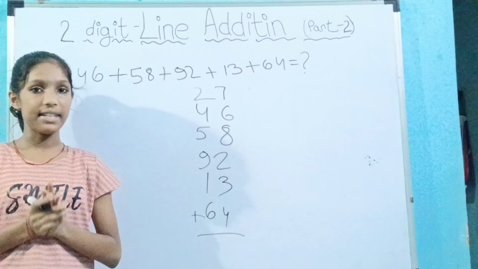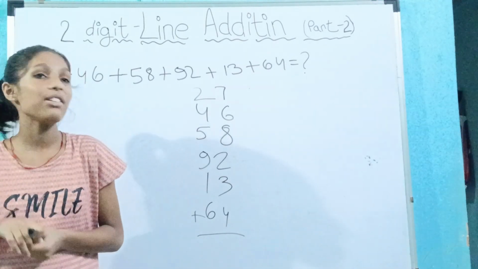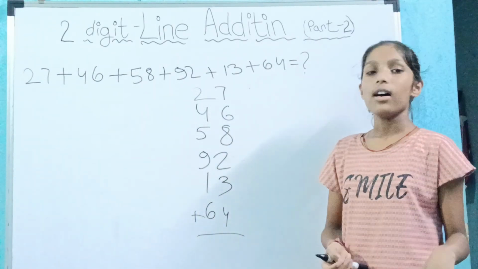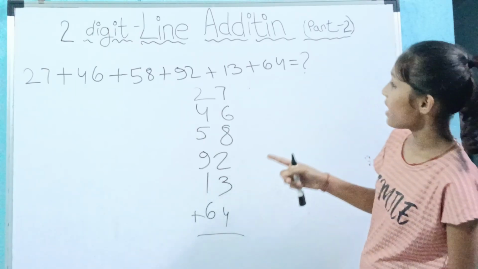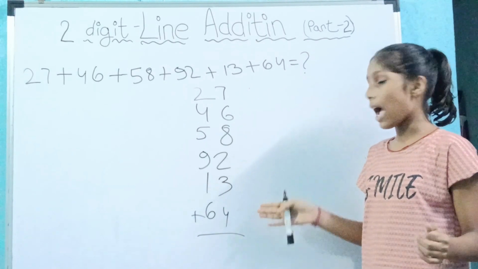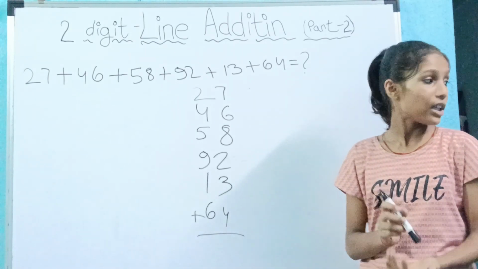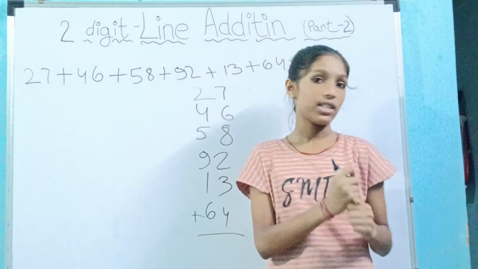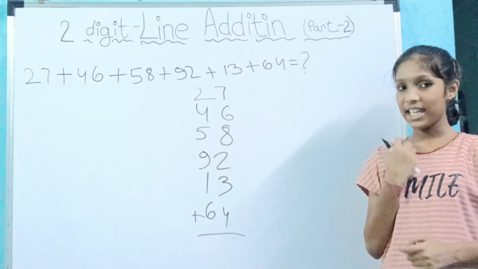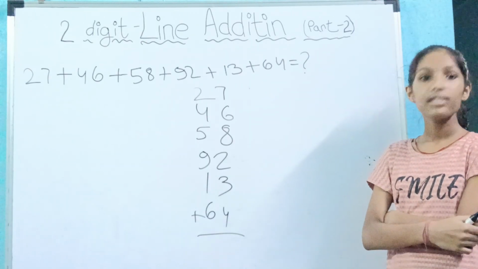I hope you found the answer. Now there are 6 numbers in one question. First of all, I'll give you 5 seconds, or more than 5 seconds. Take as much time as you want, but right now I'm only giving you 5 seconds. And if it's less, then pause the video and try to answer this question. Your time starts now. 1, 2, 3, 4, 5. Time's up. What is your answer?